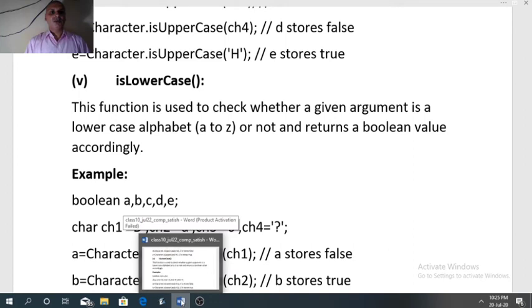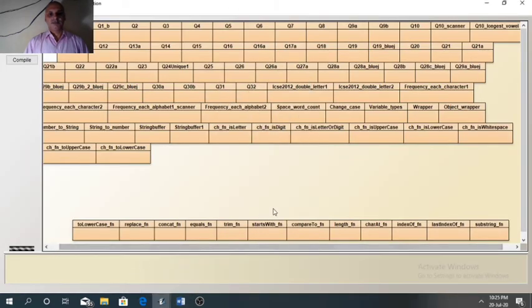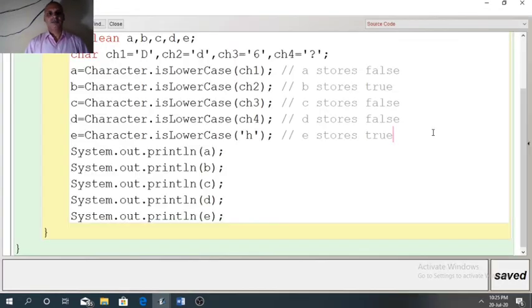It will return true value if the entered argument is in lowercase. See the code here.